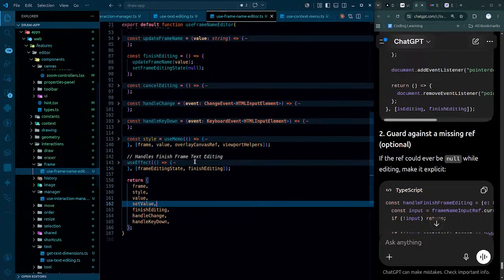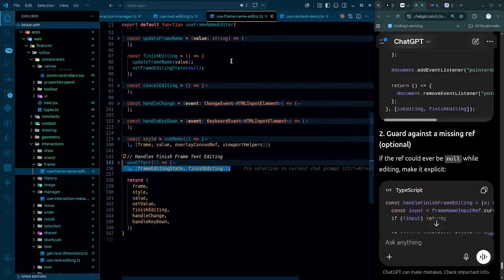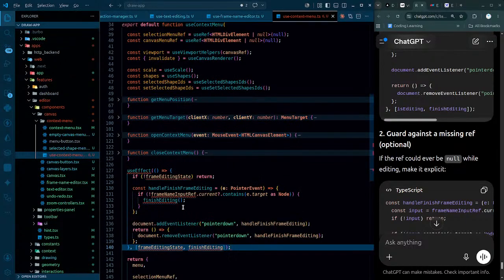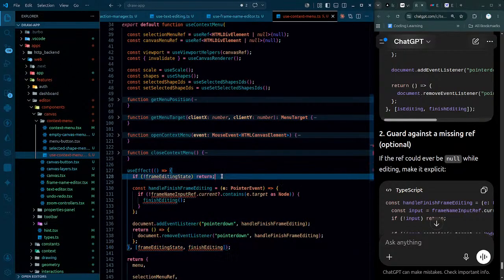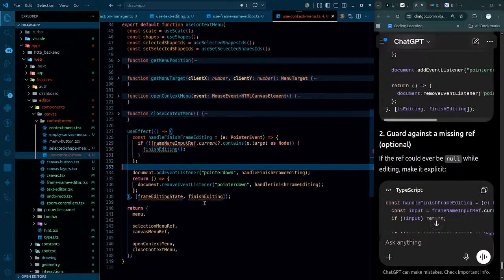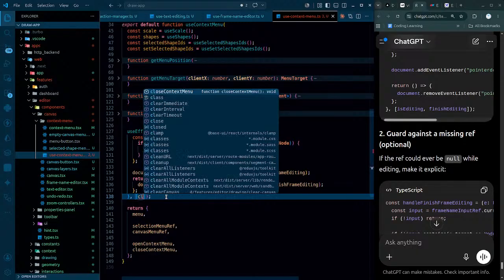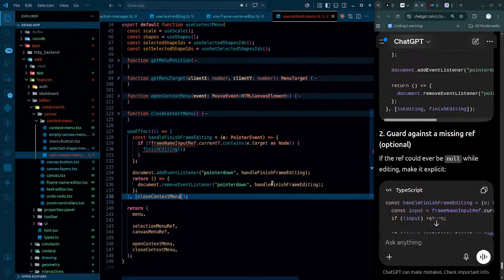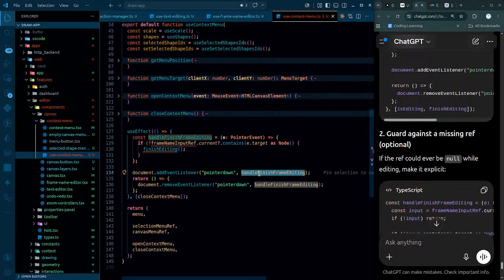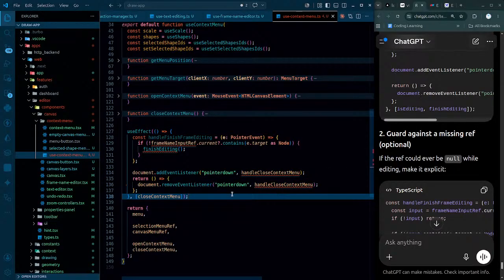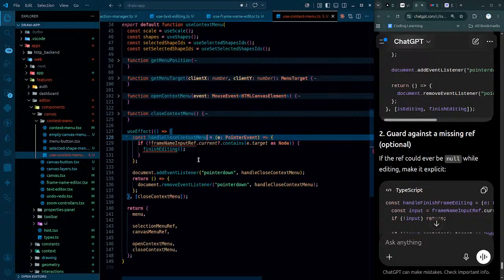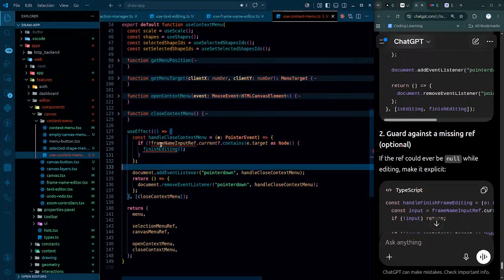So this use effect is gonna be the same, many things are gonna change, but overall we'll have it here. First of all, let's get rid of this. Second, this doesn't really need to depend on this, it will depend on close context menu. And this is gonna be handle close context menu. So handle close context menu, sort of like this. Once this is done, so handle close context menu. And if